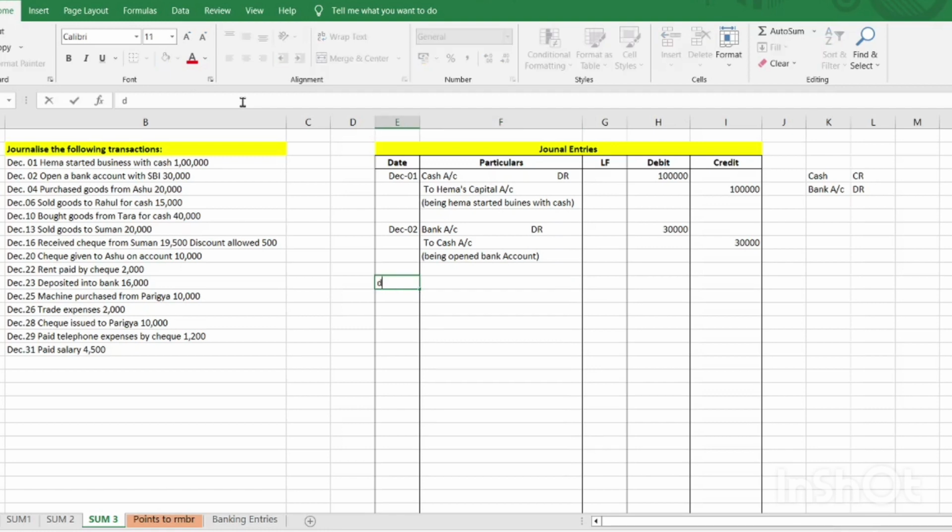Next we have on December 4, purchased goods from Ashu, 20,000. So we have to remember that when a name is mentioned, then it is a credit entry. There is no mention of cash, so this is not a cash transaction. This is a credit transaction where the name of the person will be affected. So purchase account, debit to Ashu's account for rupees 20,000. Being